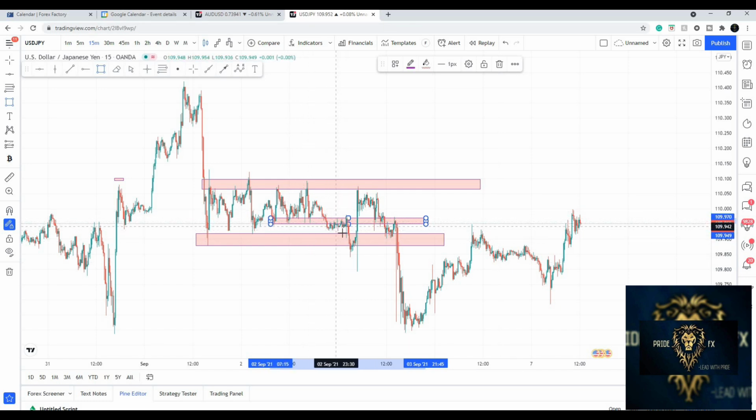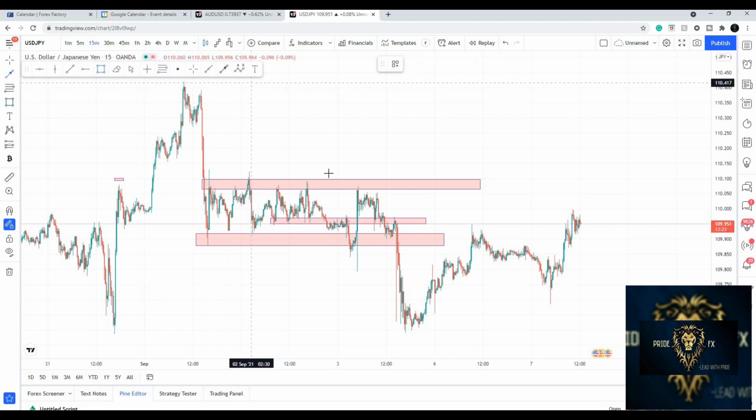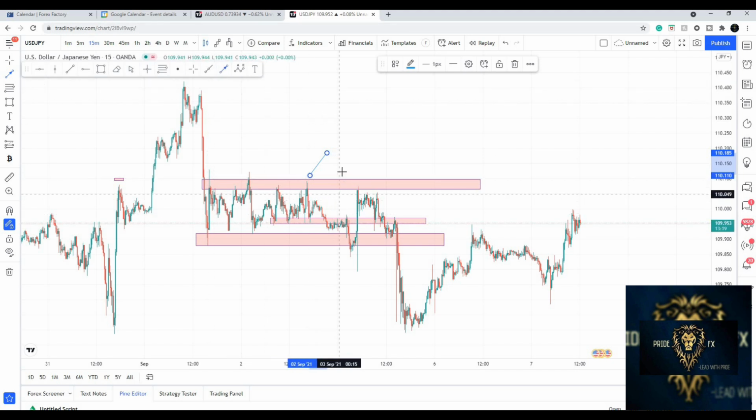We can see that when price broke through it, and the reason why price broke through it, remember this is on a lower time frame, but we can see higher lows were occurring, right? Higher lows were occurring, and then there is another one, and that's why it broke through that support. That's the mini support that we had over there. And then we can see it broke through, went back to our support, right?